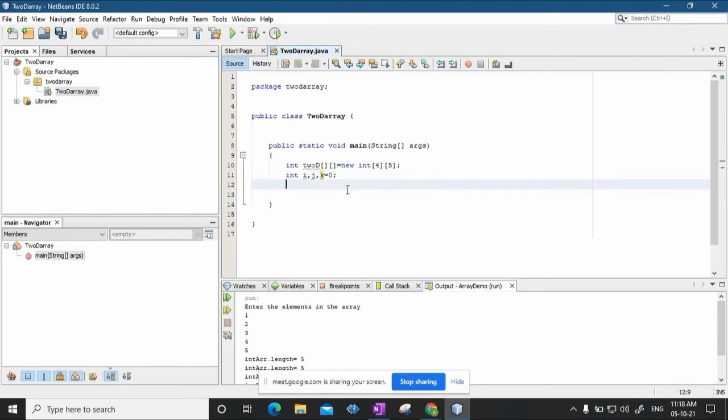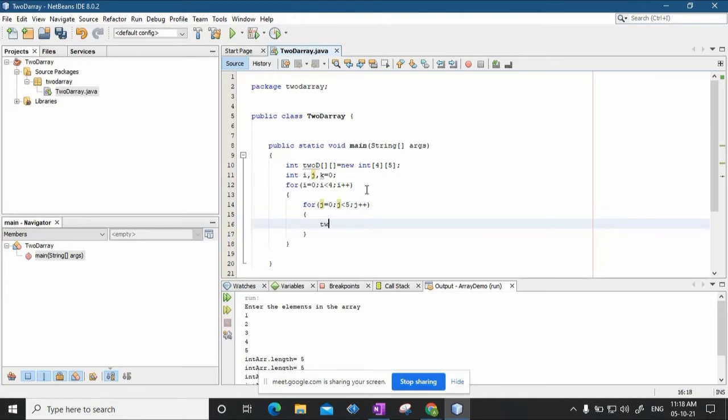Okay. Now for i equal to 0, i less than 4, i plus plus, where 4 is nothing but rows. For j equal to 0, j less than columns, that is 5, j plus plus, and I'll insert k into it.